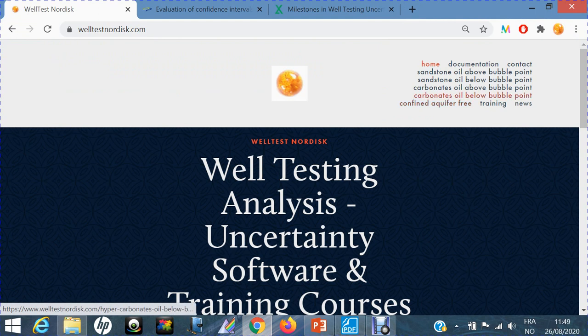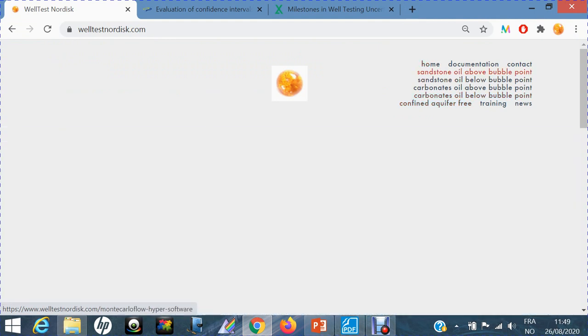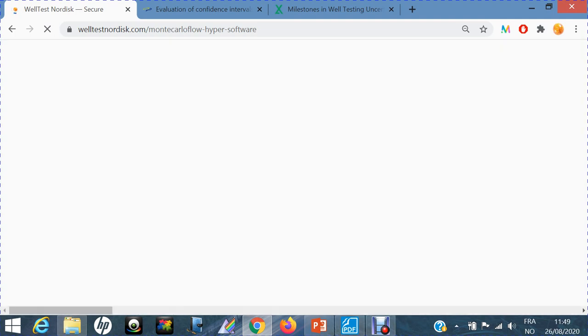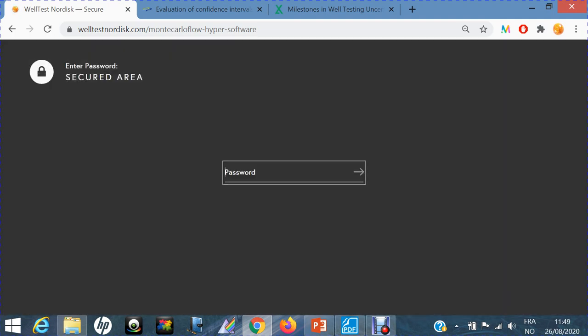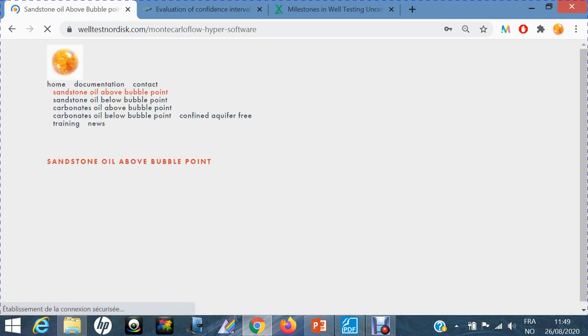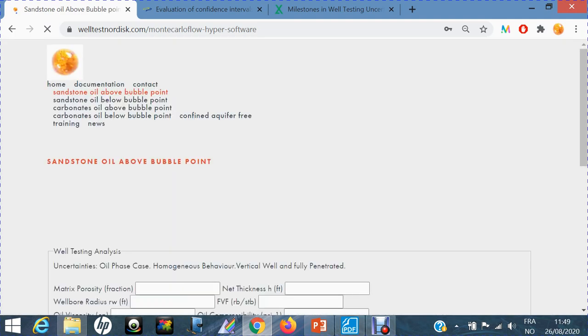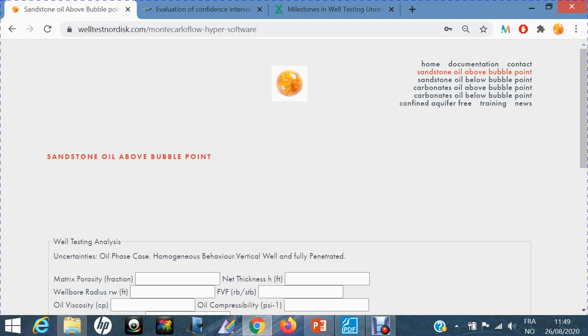So let's select the first one for the sake of it. It leads you to a page where you input your password to access the software. Then you click OK. It leads you to the page where the software is contained,